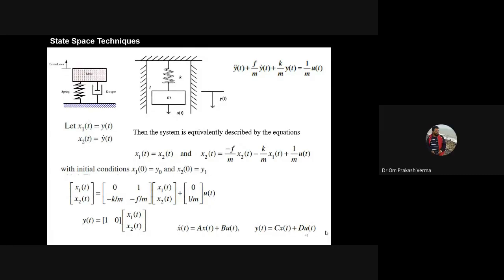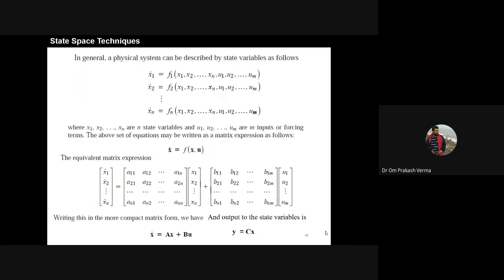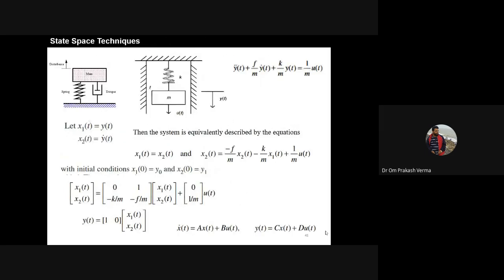So today we are going to develop two important models. First, we will try to understand the state-based techniques, an introduction to the state-based techniques, and how we are going to represent the model in the state space. And second, we are going to discuss the development of the model for the tank system.